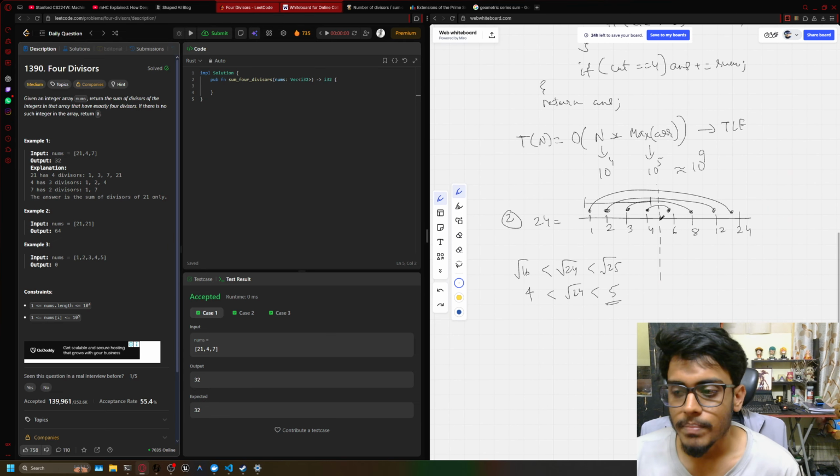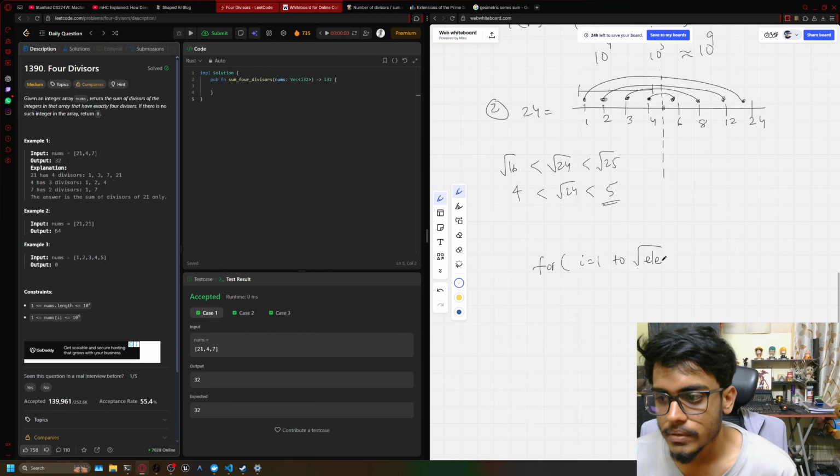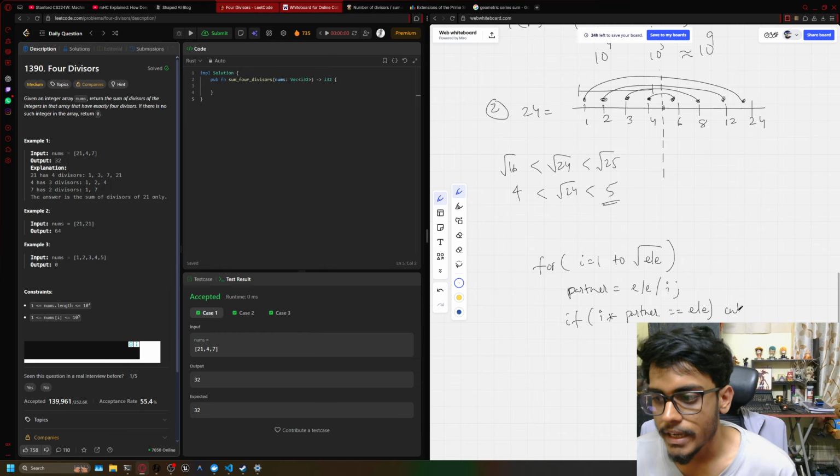So my inner for loop will reduce to for i from 1 to the square root of LE. My left half partner will be i. To find the right half partner, let's say partner is LE divided by i. Now I can check if i times partner is equal to LE. Then I'll be updating my count with